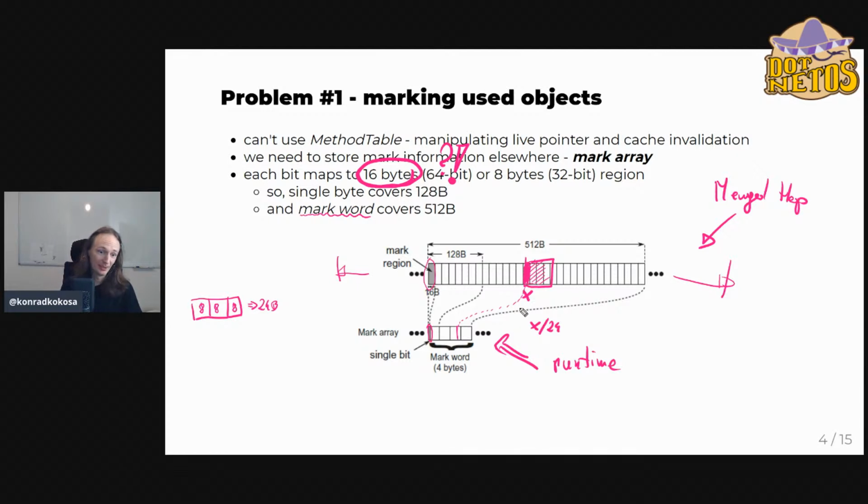But dividing by 24 is not a super efficient operation. So instead of using 24 bytes, we can use 16 bytes granularity. It is a little more than we need, but for sure 16 bytes granularity will cover every possible object that we can allocate, and